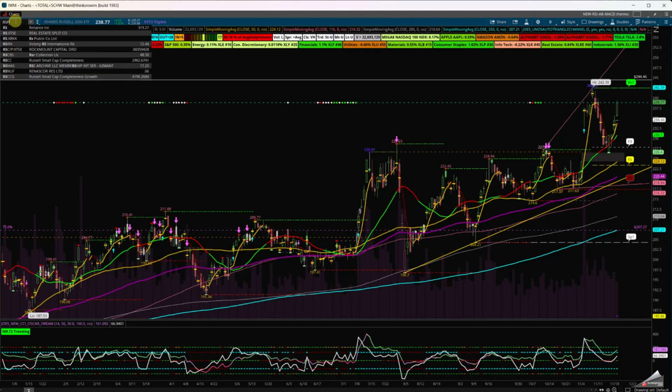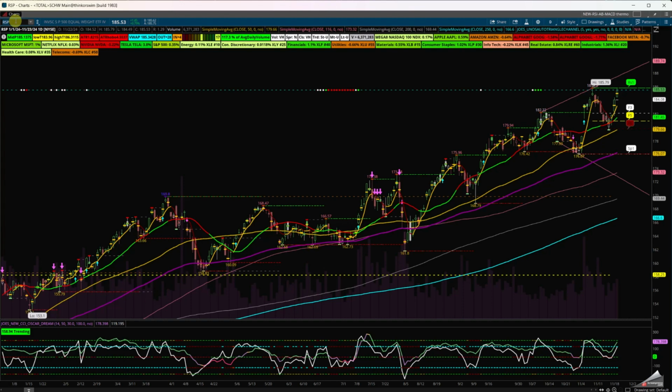If you look at RSP, the value play in the S&P or the equal weight, we can see that we double topped at 185.79. This was probably 1 cent or 2 cents difference. You can see it's 79 cents as well. Is it going to create a cup continuation, or is it going to look up to the open, or are we going to fill back the gap? And we're holding the 50 SMA. F5, F6 is 61, F5 is 50%, and F3 is the 38.2 Fibonacci in the RSP.